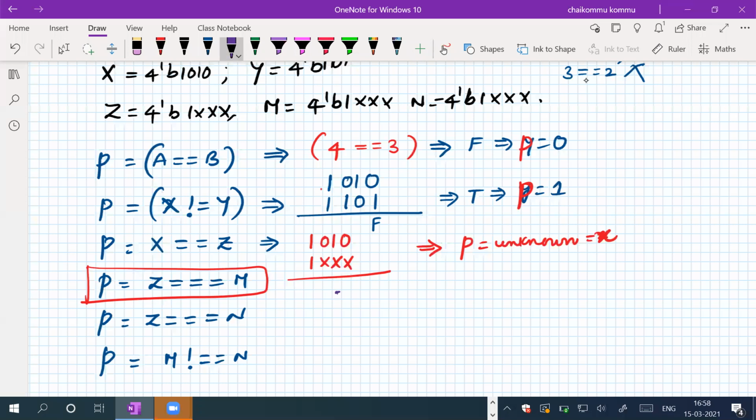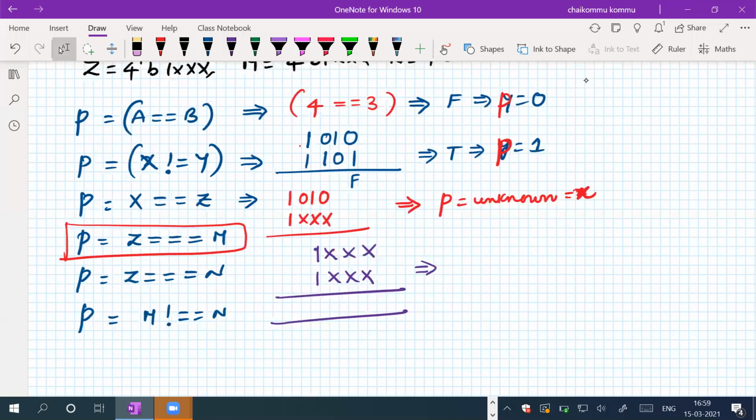Okay, since it is a case equality that we are doing, X and X will be comparable, therefore that's true. Next X also comparable, it is also true. This is compared, this is also true. Therefore, total value is true. So what we will get for P is also logic 1. Is it clear? In case of logical equality, you will find logic 0 as output, logic 1 as output, unknown is also an output. Whereas in case equality, case inequality, we find only logic 0 and logic 1 as the output, because unknown value we don't get.